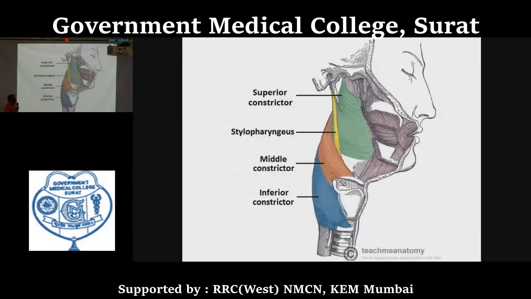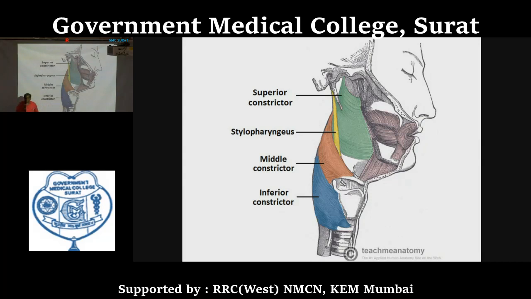Now first we will discuss these pharyngeal constrictors. Here in this image you can see 3 different muscles shown in different colors. The lowermost muscle is the inferior constrictor, then comes the middle, and the uppermost, which is green color, is the superior constrictor. Now see the inferior constrictor muscle. Keep in mind that this figure shows a lateral view. This inferior constrictor muscle gets origin from the thyroid and cricoid cartilage.